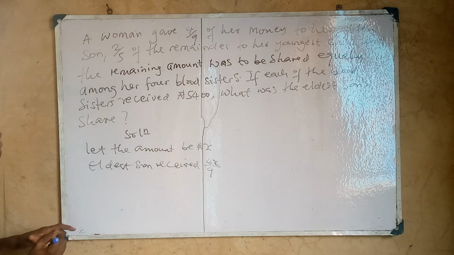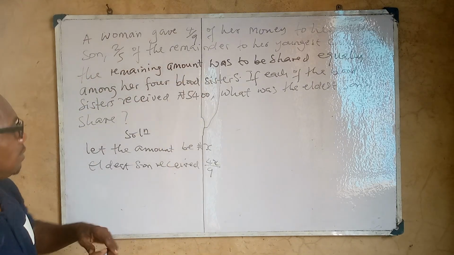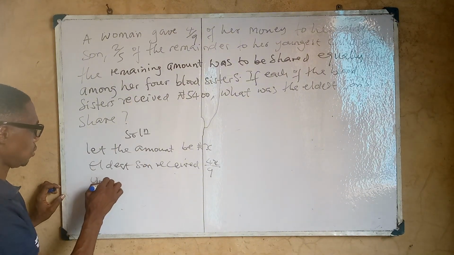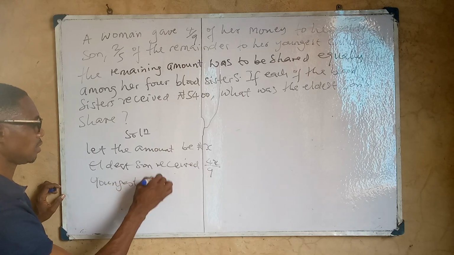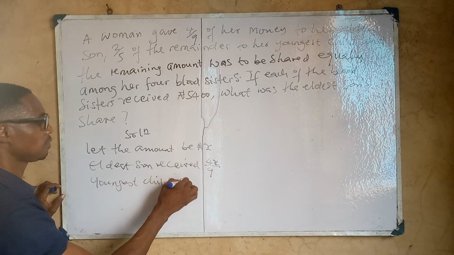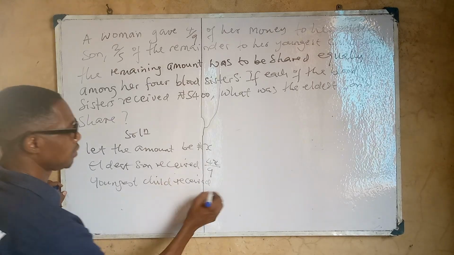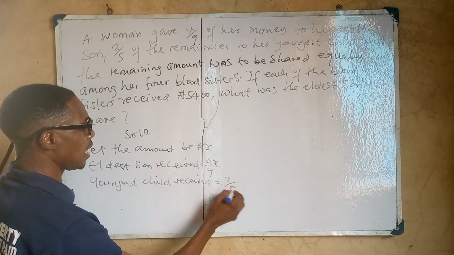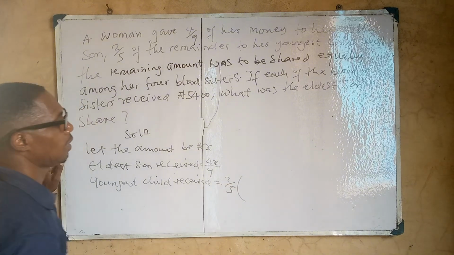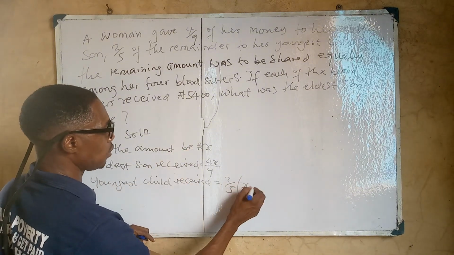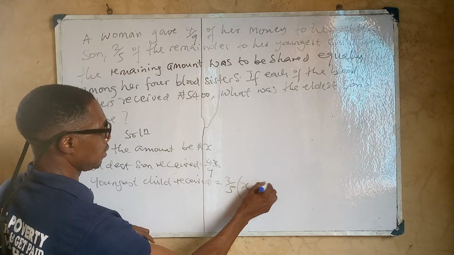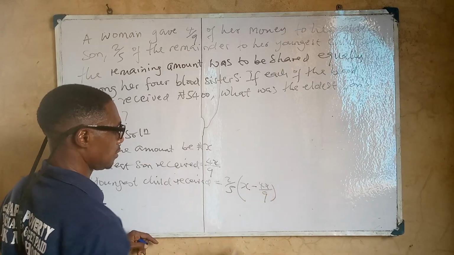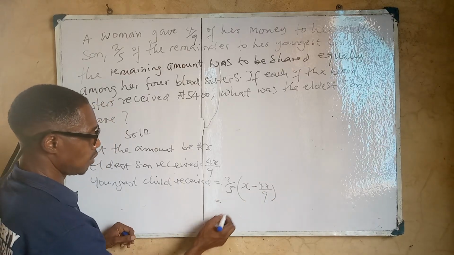Or we can now simply put it together: the youngest child received 2 over 5 of the remainder. What's the remainder? That is the total money minus the fraction of the eldest son, 4x over 9. All right, let's work this out. This gives us 2 over 5